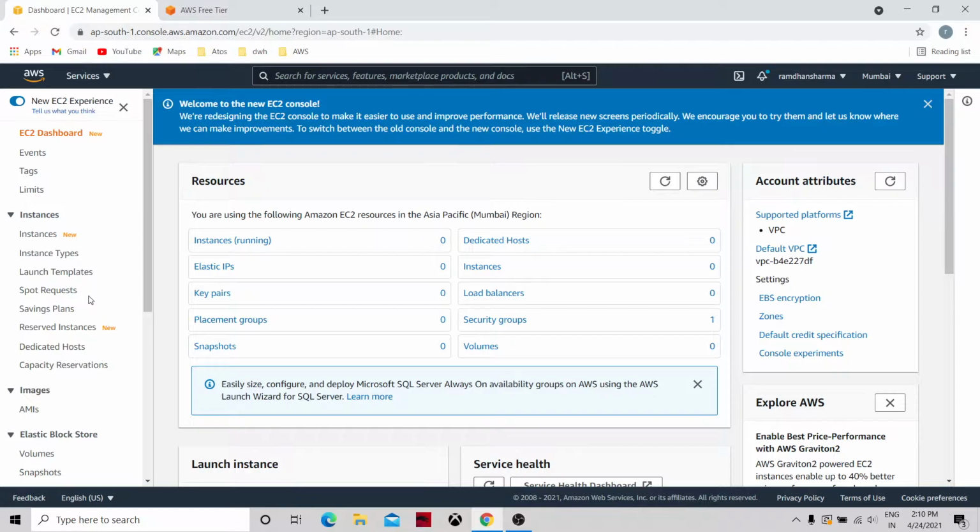Various accounts or users who want AWS services bid for a particular resource, and whoever applies the maximum bid, the resource will go to that user or that account. And then the savings plans: AWS offers various savings plans depending on the usage.